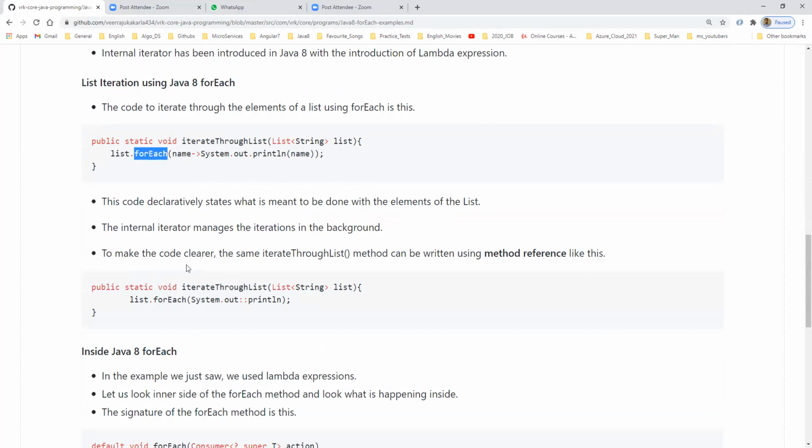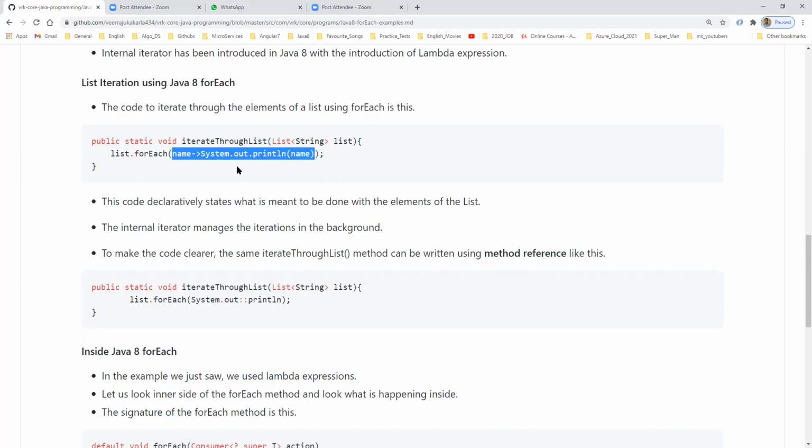To make the code clearer, the same list iteration can be written using method references like this. I already told you, we have lambda expressions as well as method references. The same code we can print using method references: System.out::println with list.forEach. Here we are using method references, and there we were using lambda expressions.